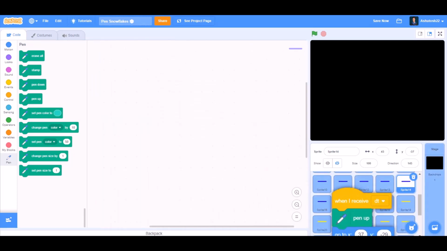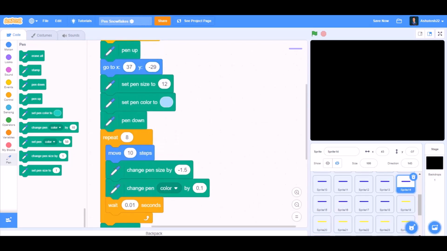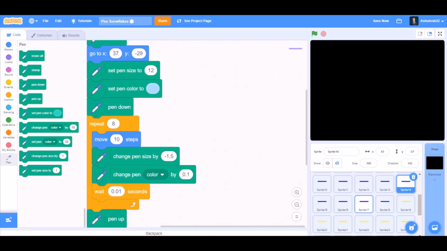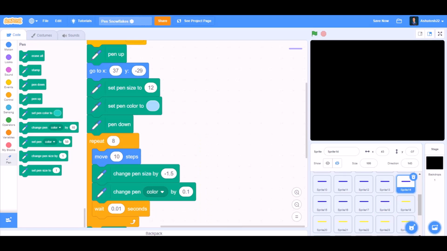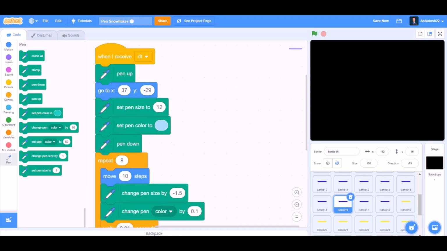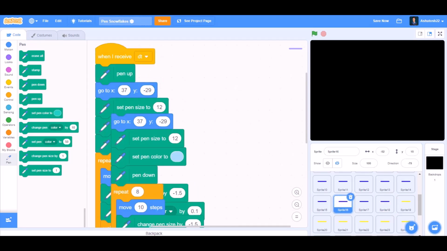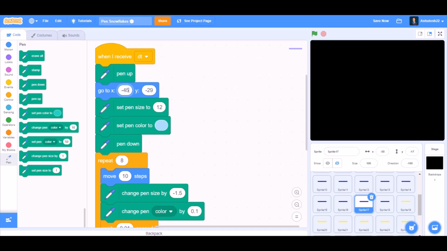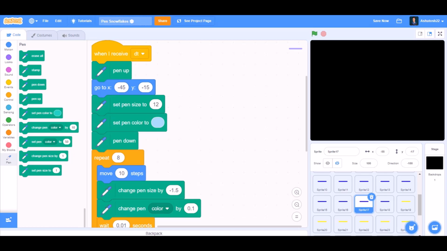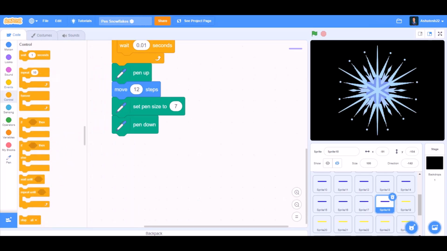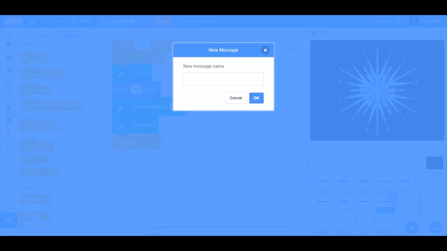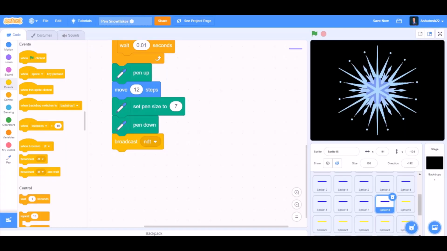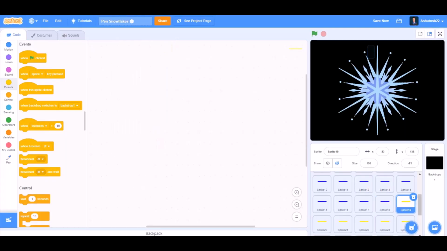Now only 2 are left. And the last one, we'll again change the values. So we'll change the values like the positions and the directions. So we'll take it as go to the respective positions, and in the last blue line, we'll broadcast a new message, NDT.